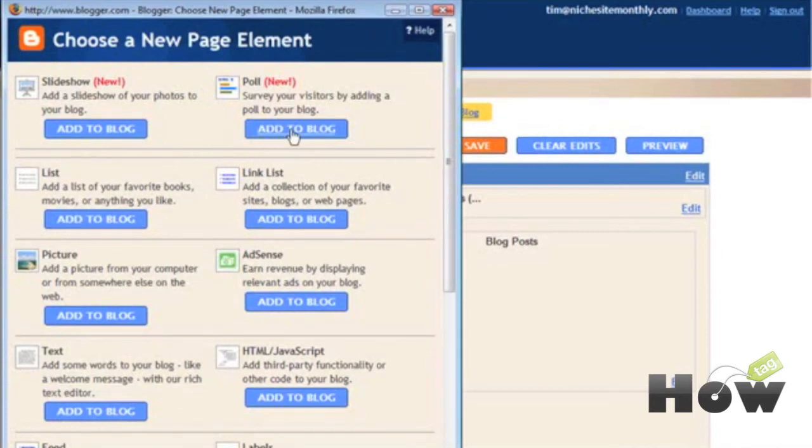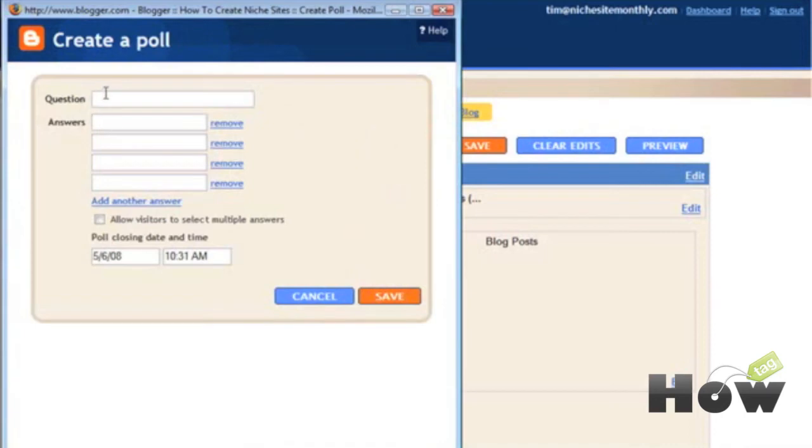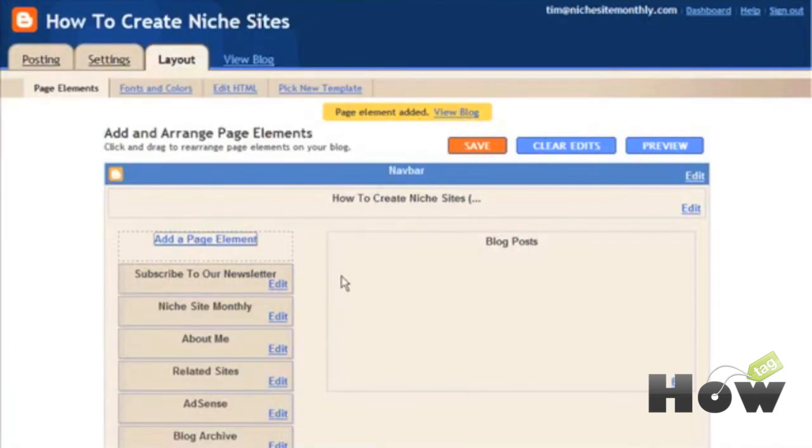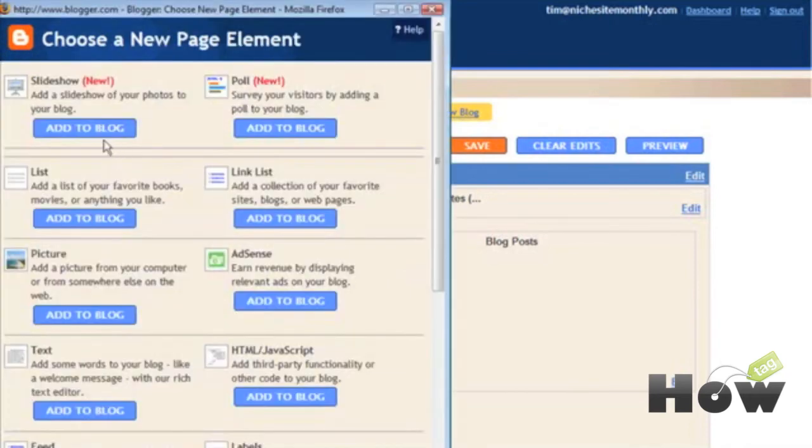And I might want to add a poll here as well. So we click Add to Blog, and then we can give our questions and answers here. We can add more answers by clicking down here, and then we can click if we want them to be able to have multiple answers. Give it a poll closing date and we can add it. I'm not going to add that one, but one more that I do want to go over briefly is the